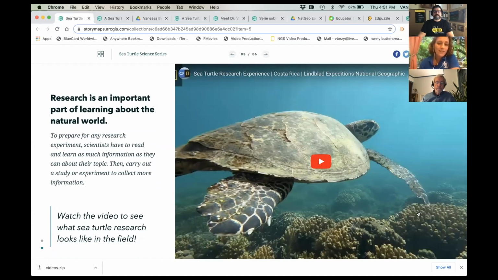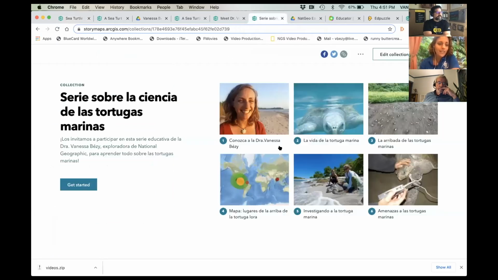And so these story maps have been a really great tool for us working with that class, but then being able to share it online and connect it also with all of our social platforms. And they were so popular that we decided to do a Spanish version so that we can reach more of the community here in Costa Rica. And so we've created a Spanish version of the story map, and we're hoping to do some live events this